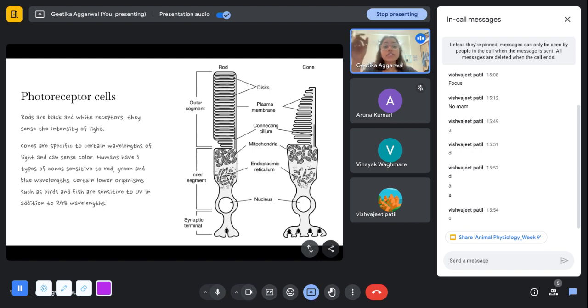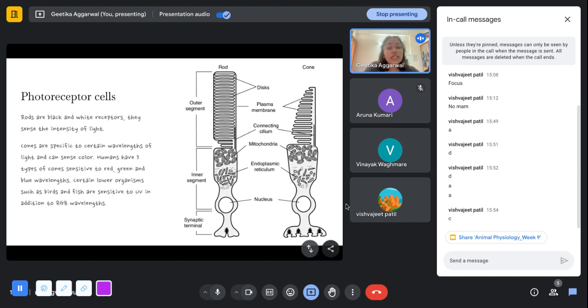Cones are the ones that are sensitive to specific wavelengths. The different wavelengths correspond to different colors, and all of them come together and form white light. That white light is what is being seen by the rods, but in cones, those specific colors are being picked up. The cones can see red, green, blue, and different combinations of these form all the colors that we see in our life. So that is the major functional difference between rods and cones.